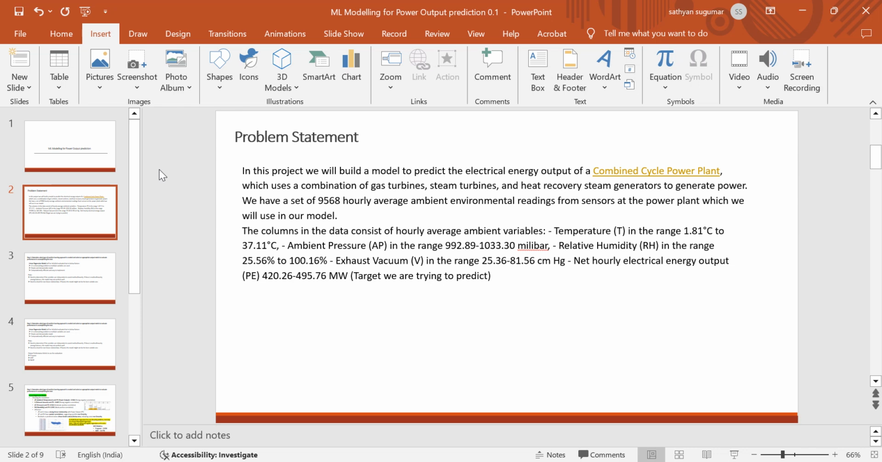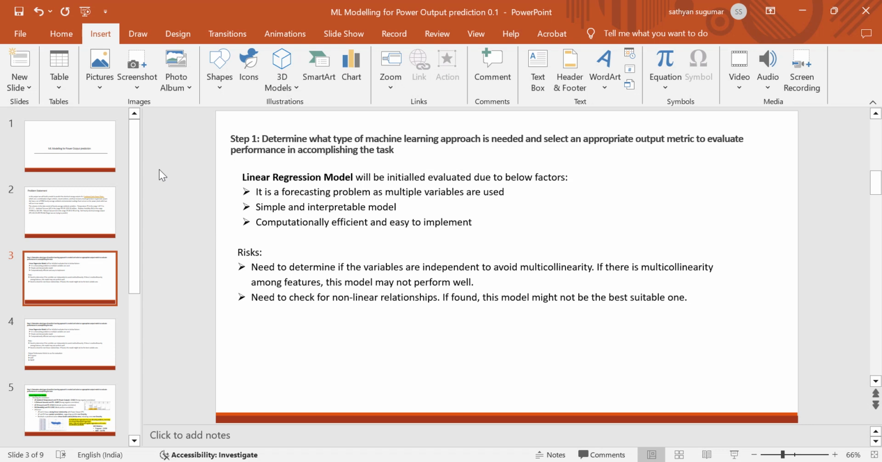So to just cover the overview of this problem statement, we have four factors, four features, or I would say possible final feature set, which may or may not determine the final output, which in this case is the net hourly electrical energy output. So let me start with our